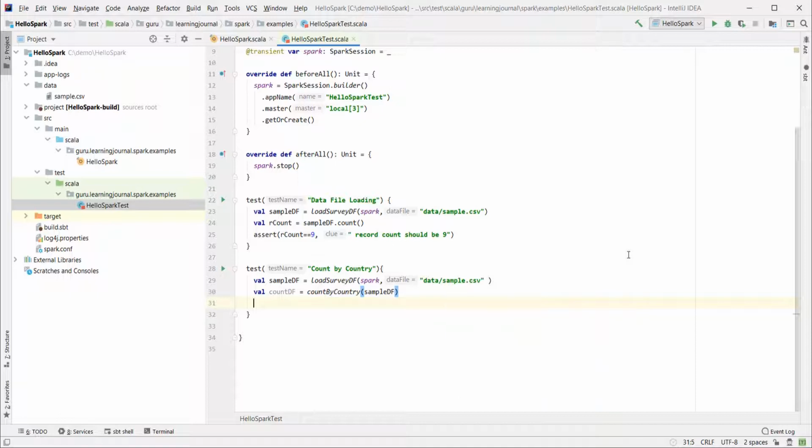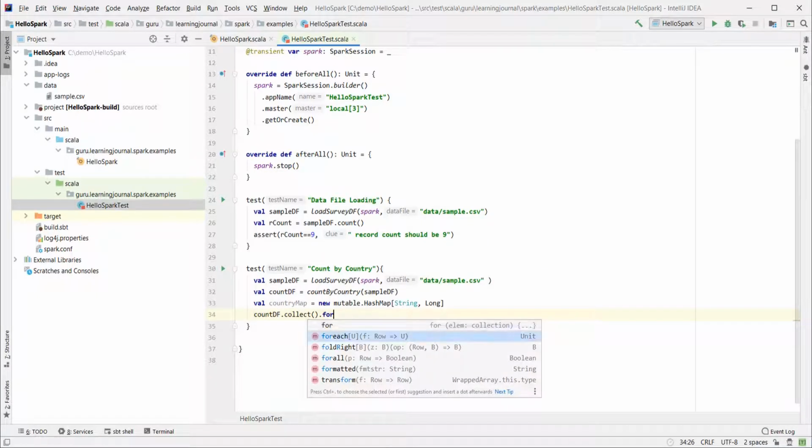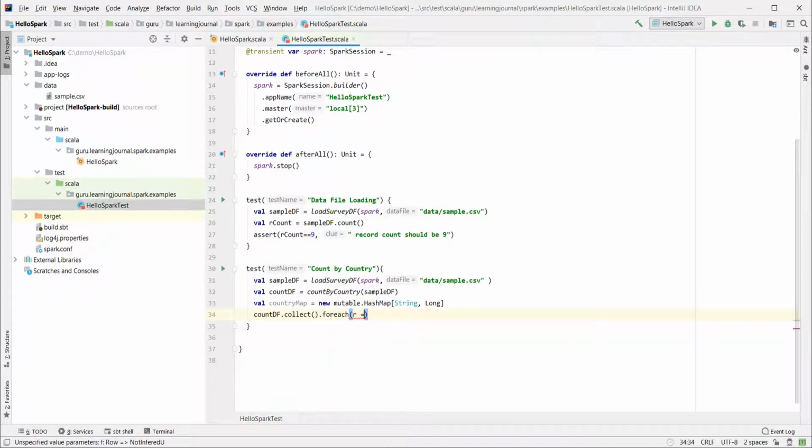Let me do it. I'm going to create a mutable hash map. I need a string key and a long value. Now I'll collect the data frame. And for each record, I'm going to put it on the map.